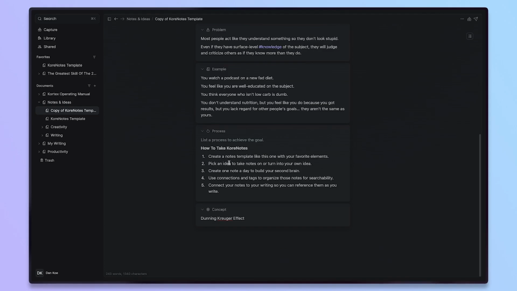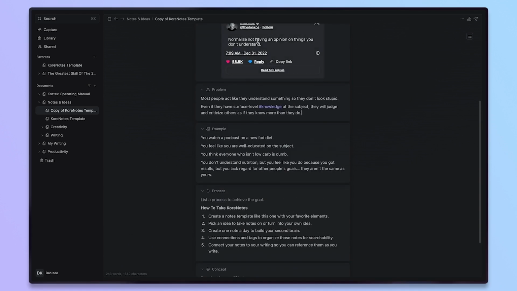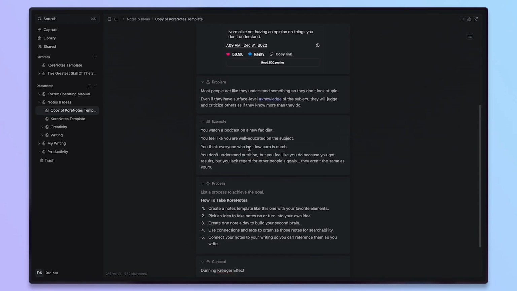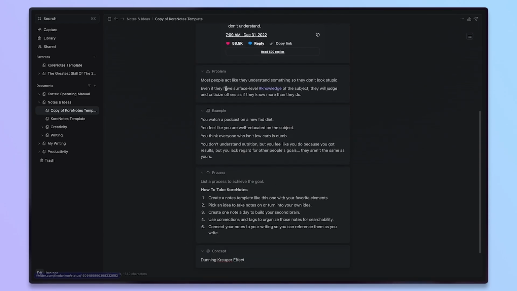I'm sure you've seen 8 steps to stop caring what people think. That was actually a recent YouTube video of mine. But the 8 steps part is the process, right? So if you're taking notes on a high-performing idea, not like normalize not having an opinion on things you don't understand, and then you have a problem related to that and a process to help people overcome it, you not only have a